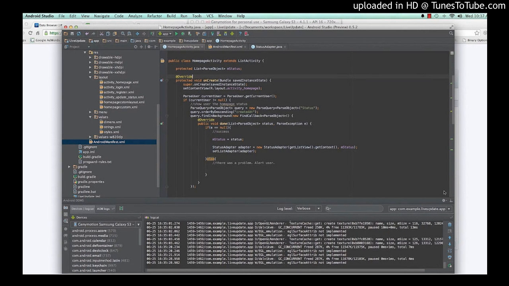So protected TextView, I'm going to call this object ID text view, and then I'm going to find it here. I'm going to say object ID text view equals TextView find view by ID R.id